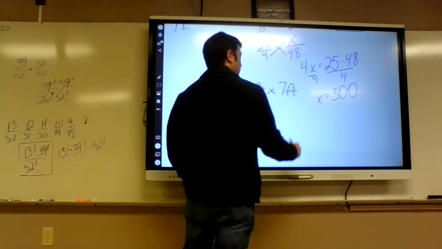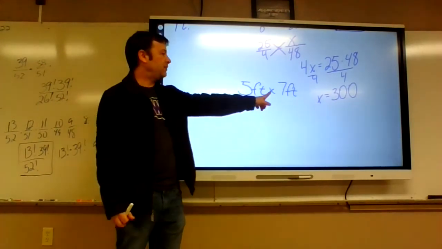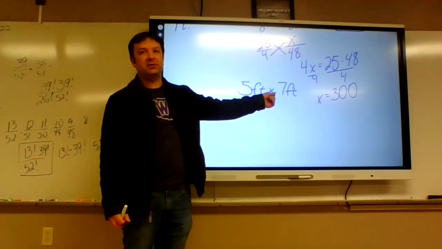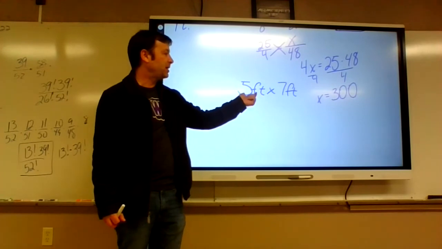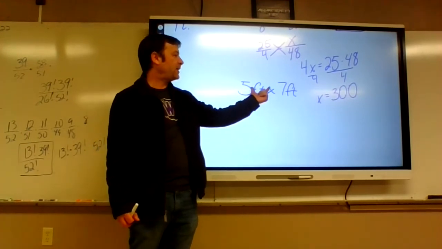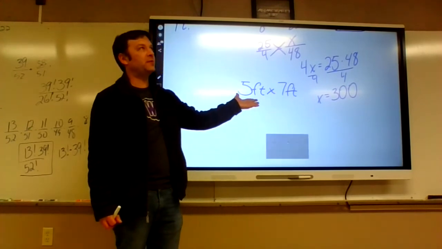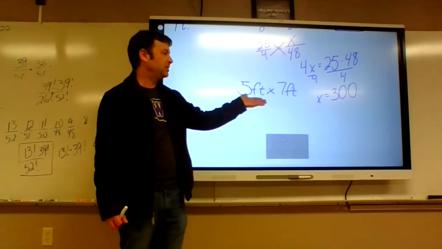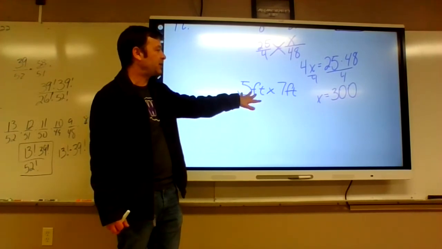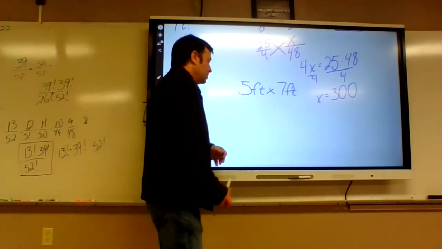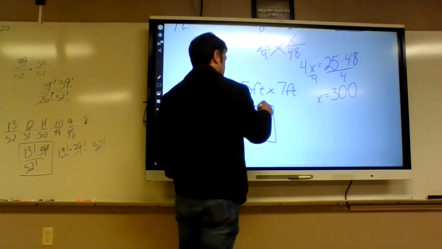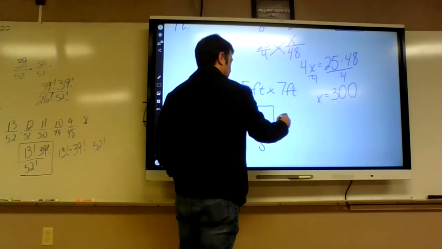The only time you'll ever see a 5 feet by 7 feet, with a little X like a times symbol there, is when they're talking about a rectangle. Okay? 5 by 7, this is notation used for rectangles, usually by a carpenter, maybe an architect. So her garden is 5 feet by 7 feet. I'll draw a little picture. 5 feet, 7 feet. That's a beautiful